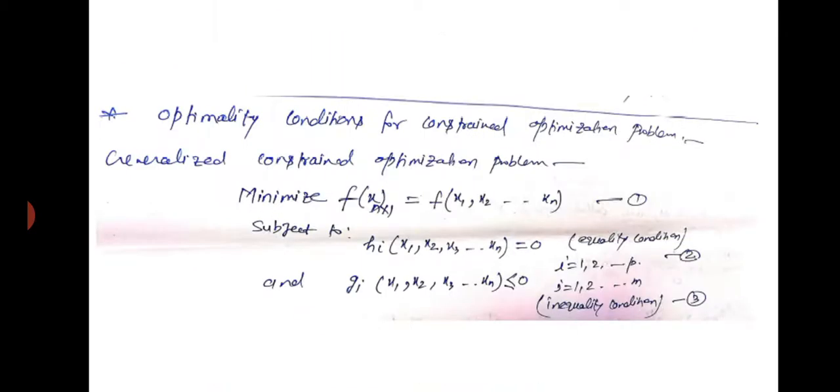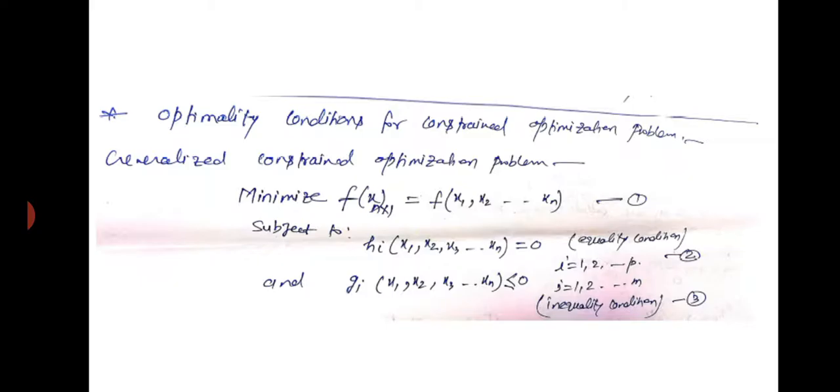Right. So now we come to the optimality condition for constrained optimization. I am stopping here because there are so many algorithms. I am just illustrating one of the simplest, the steepest descent algorithm. There are many other algorithms, but I am restricting myself here due to time and syllabus.